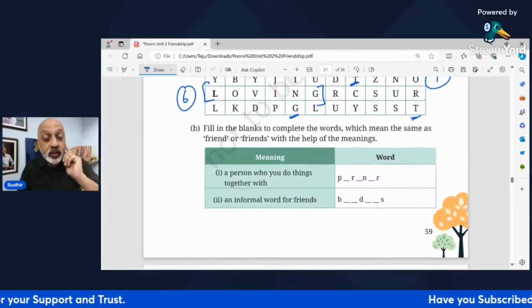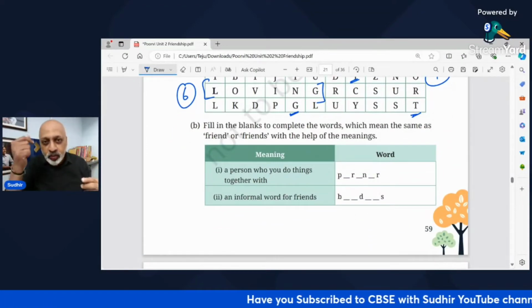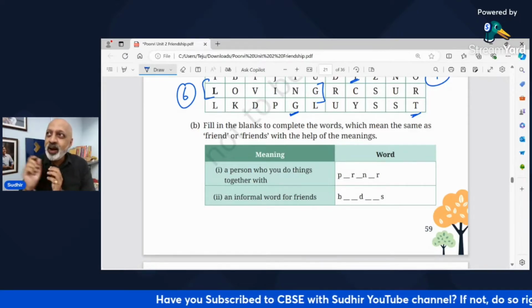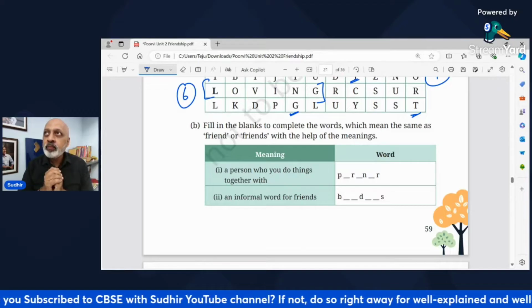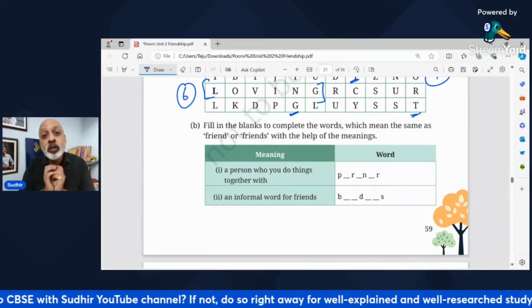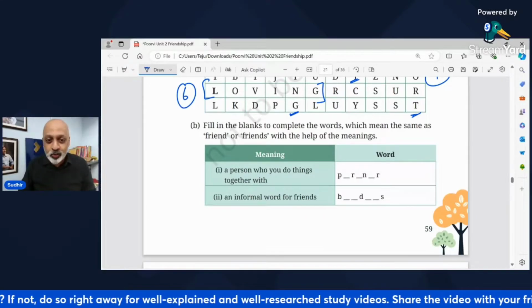अभी देखते हैं fill in the blanks to complete the words. Very easy. ये तो आप चुटकियों में कर लेंगे. मैंने अभी एक इंस्टाग्राम पे रील देखा. उसमें किसी ने बोला ताली 2 हाथों से बजती है. तो जवाब आया चुटकी तो एक हाथ से बजती है ना. Which I thought was quite smart.